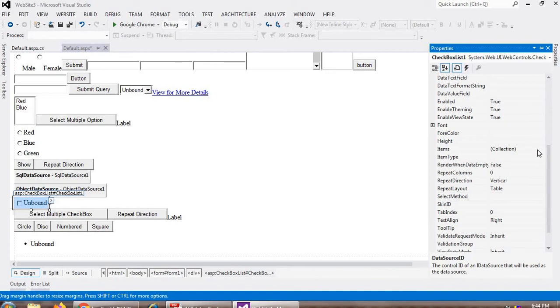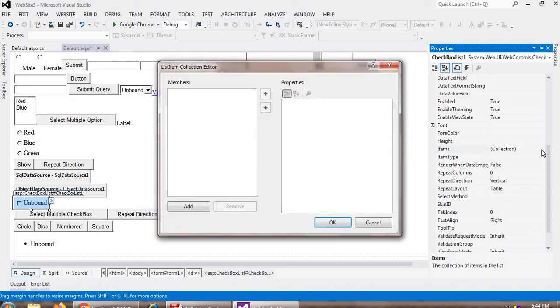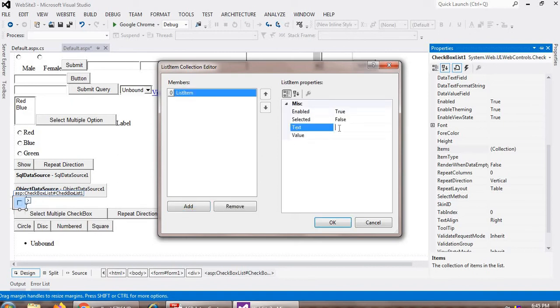So here you can directly write your values. If you want to insert some element, some item, then you can do it from here. If I click the Add button, here you can write your value, like Punjabi, right, and I select the value 1.